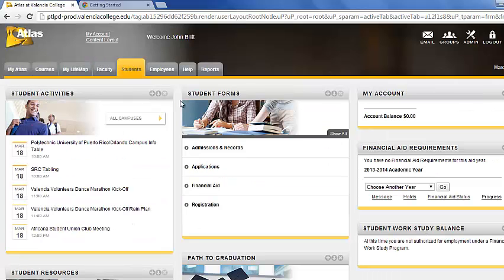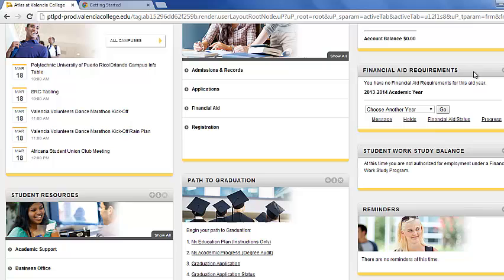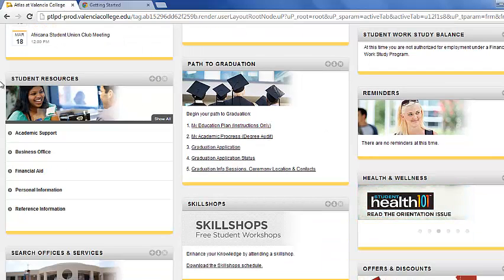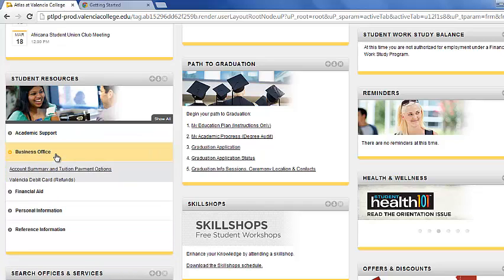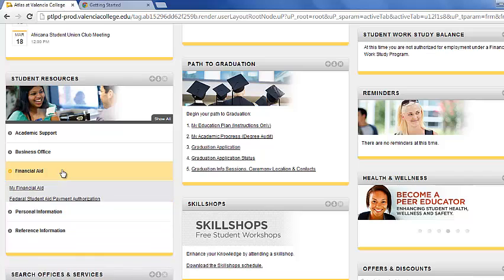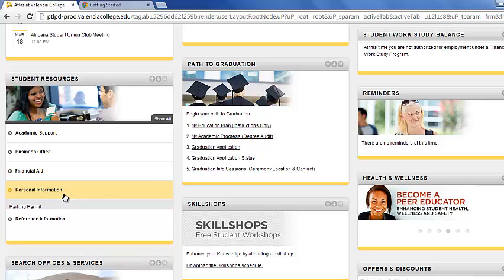The next tab is the Students tab. This is an important tab for students because it allows them to access many of the forms they will need throughout their time here at Valencia. It's also going to give some student activity information. It's going to allow them to pay their account balance online, look at any financial aid requirements they still may have, and also provide resources, so any academic support, business office, financial aid, personal information,